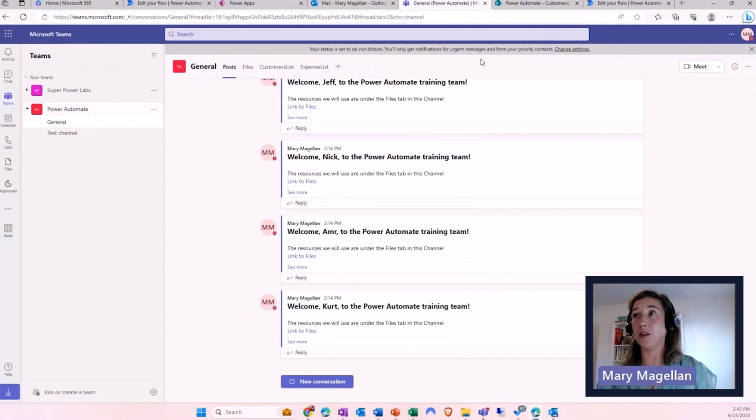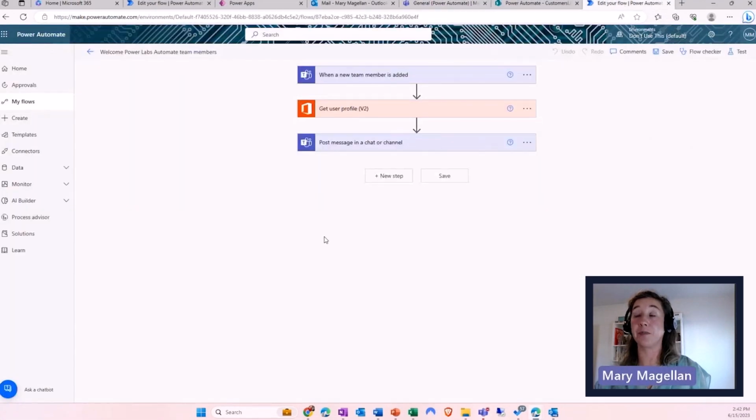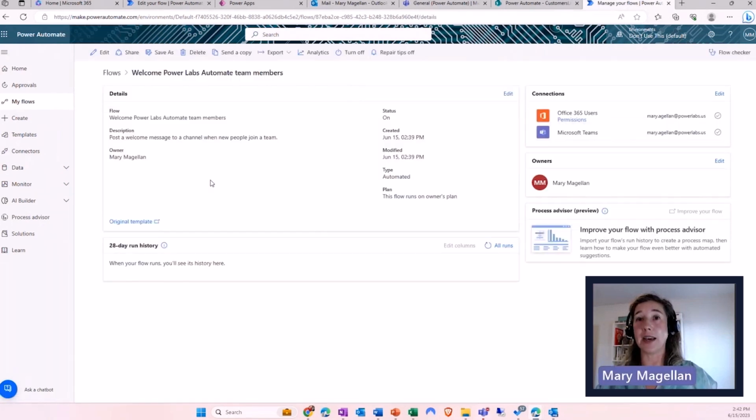And so I just added a new member that should trigger this flow. And probably because I stepped out of the flow and jumped back in, we're not going to see it. But if I hadn't exited the flow and come back in, we would actually see the flow running on my screen right now. I'm going to go back out of this flow, and